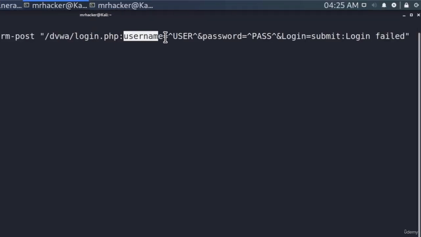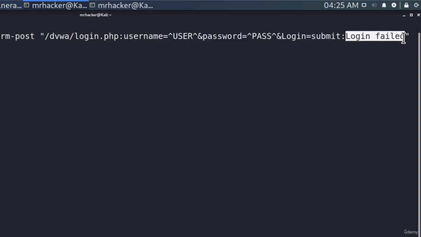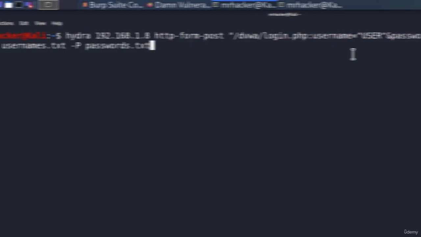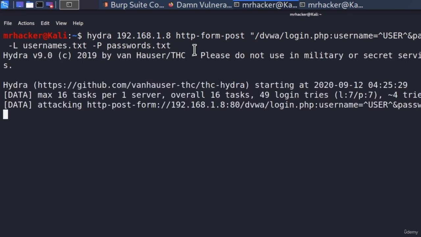The second argument is going to be username, password, and the button that we are submitting the username and password with. And the third argument inside of double quotes is going to be a string that we get once we specify the incorrect username and password. After it, we just specify -l for the usernames list and -p for the passwords list. If I click enter,